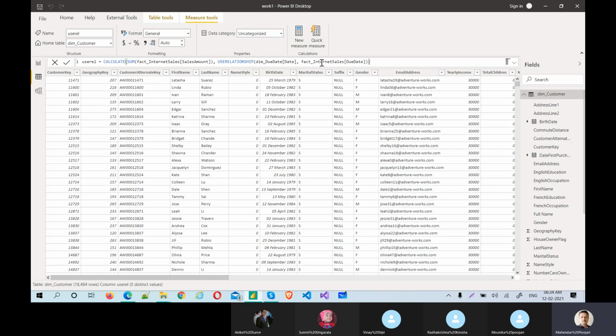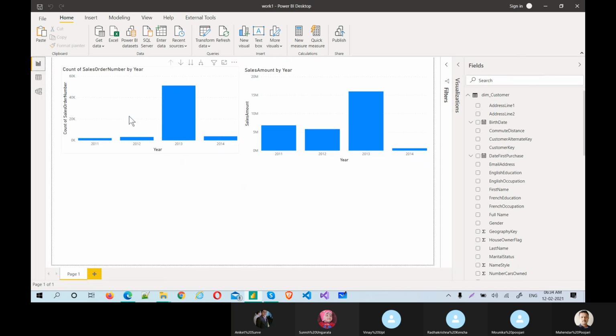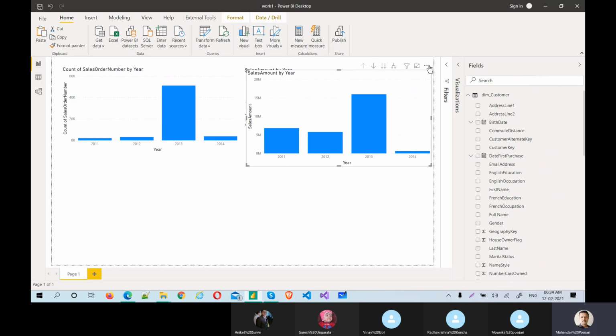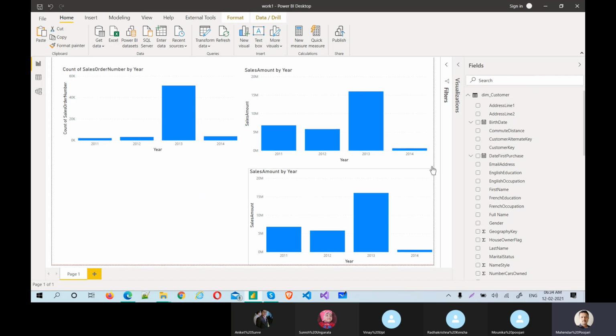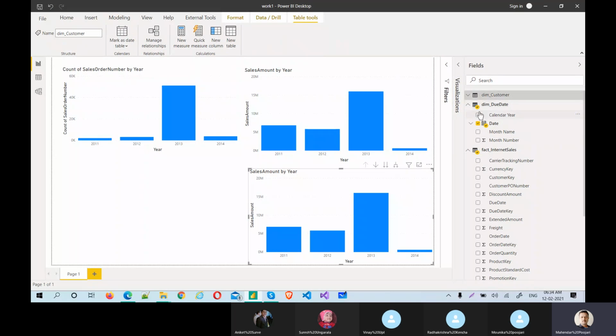This is the column now. If you go and check this sales amount in the other table, just this by due date. What were the columns that we selected for this?